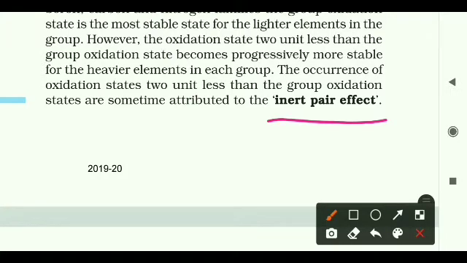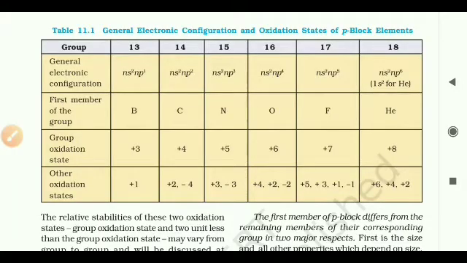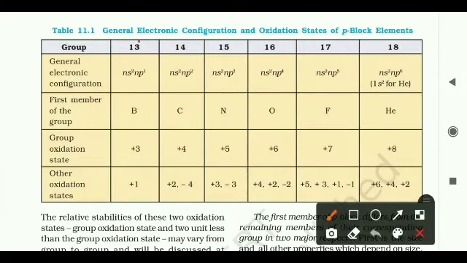So we will discuss this inert pair effect when we will discuss group 13 and group 14. Now let's summarize the electronic configuration and the oxidation states of groups of p block elements in this table. As I have already told you, the p block elements start from group 13 to group 18. There are 6 groups in total, and the general electronic configuration for the p block element is